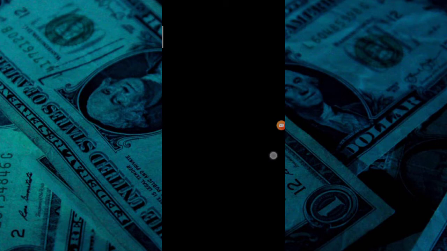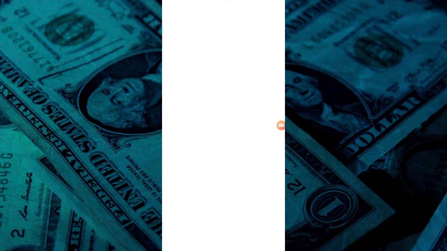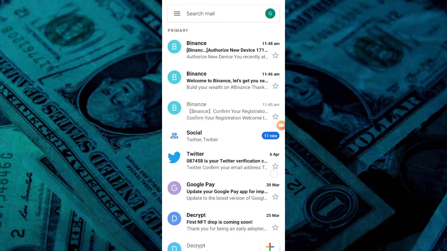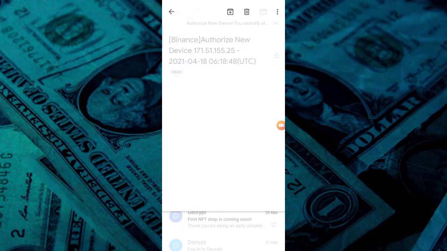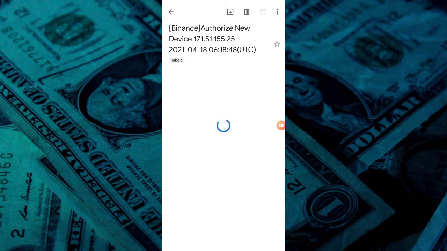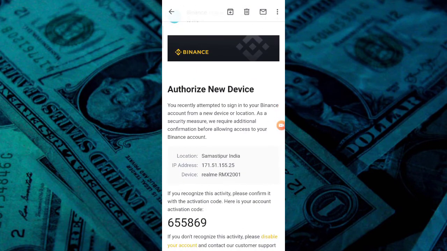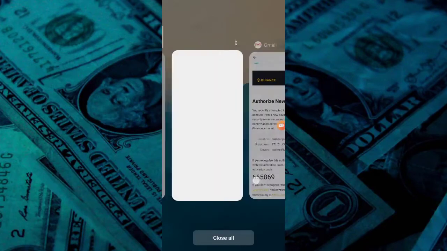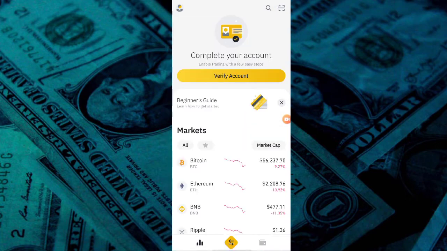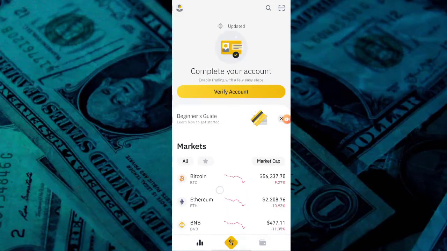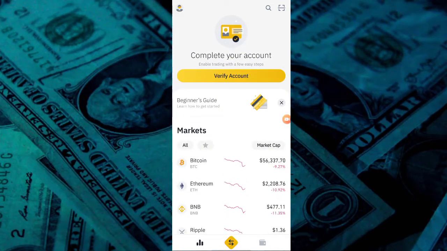Okay, when you log in, wait for it. Now the app opens. Yes, you get an email verification code. After you enter the email verification code for login purpose, then you can simply log in into your Binance app. This is two-step verification, so they give you a login code. Simply log in, simply click, then success. When you open the Binance app first time and log in, then you see this window.